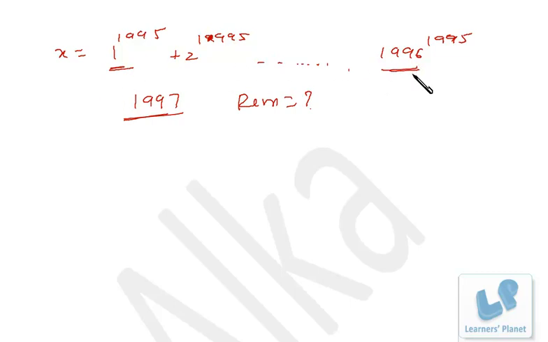So these two terms are divisible. Similarly, here we must have 1995 raised to 1995. So with this 2 and that 1995 raised to 1995, further 2 plus 1995 comes to 1997. So further they will be divisible. All the terms will make combinations. Since there is an even number of terms, each and every term will make a combination with another one. So in each case the remainder will be 0, and finally the remainder will be 0.